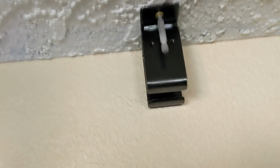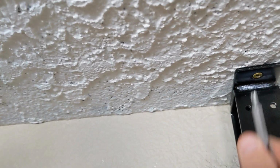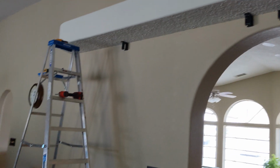But there you go. That thing is rock solid. Now, all I need to do is slide this second rail. I ended up with two 6-foot rails. I just got to install the other one, and then